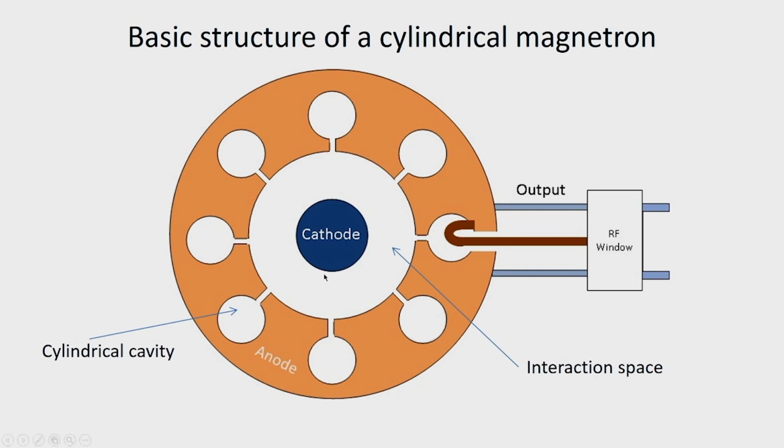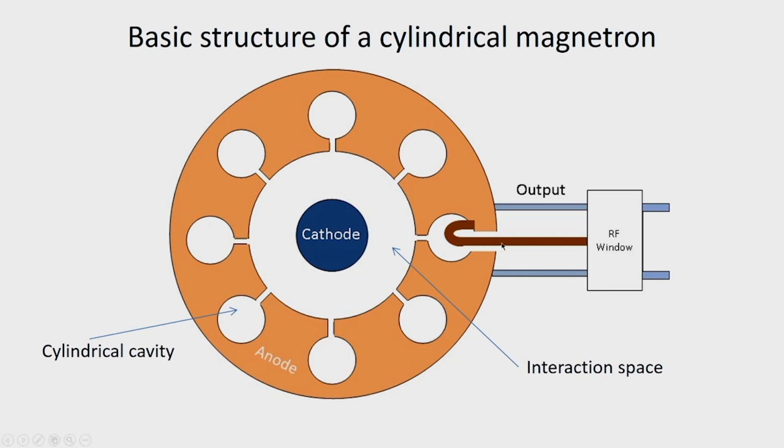So, the electrons emitted by the cathode will be accelerated by the field present between cathode and anode, and also a magnetic field perpendicular to this electric field is applied along the axis of the magnetron. Finally, the RF output is taken out. Here a loop coupling has been shown,